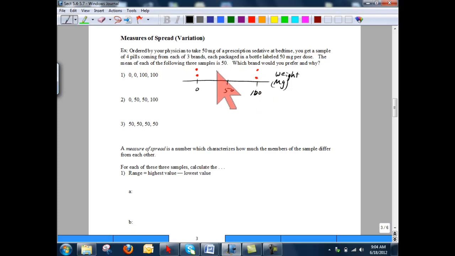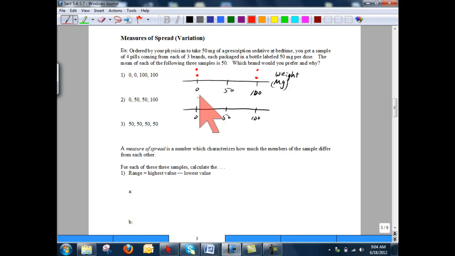But what's the mean of these 4 numbers? 0 plus 0 plus 100 plus 100 is 200, divided by 4 is 50. This was right on. The average, the mean of these 4 numbers is exactly what the manufacturer says I'm supposed to be getting. Okay, I keep going with my paranoia, and I take the second company and analyze its